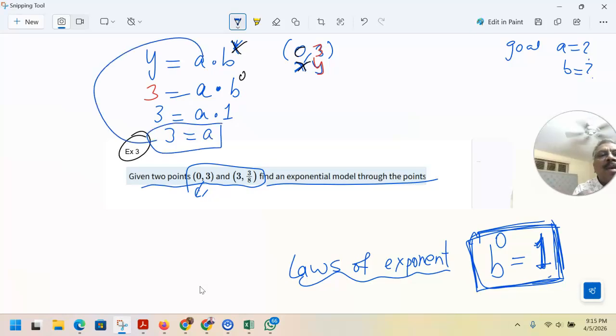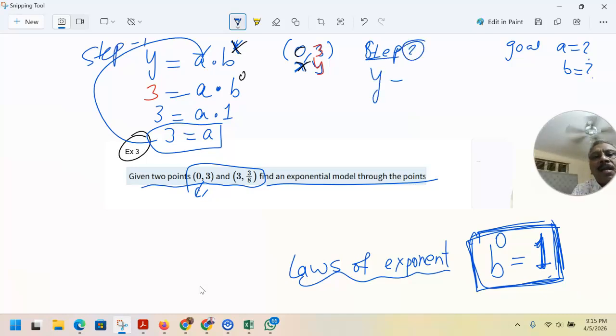Now this piece will go right here. So step 2, this was step 1. In step 2, we got y equals a, which is 3, times b raised to x. So our next goal is to find b. So b is question mark, right? So we're going to use the second point and plug in